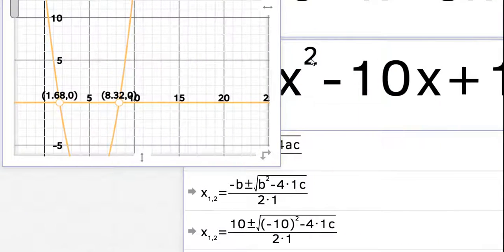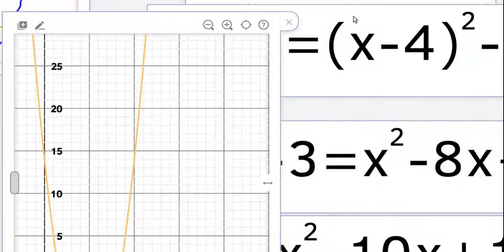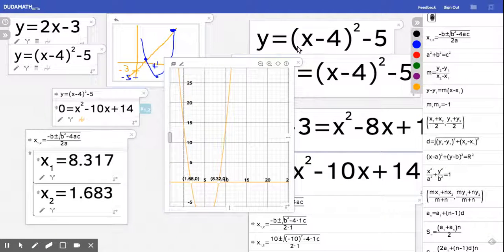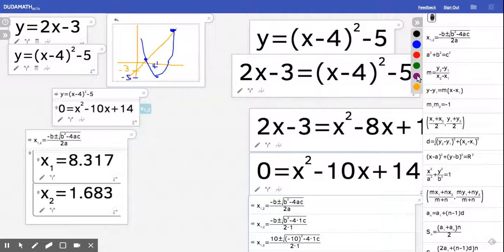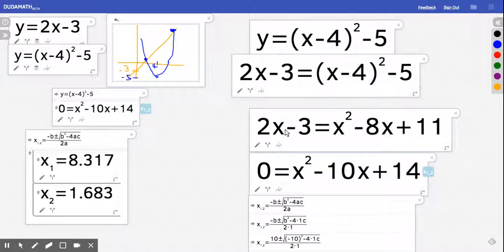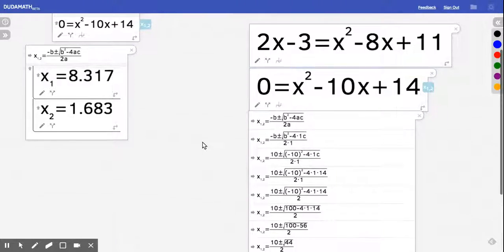What I'm going to do now is come over, as a last step, and summarize things so that you can see all of the algebraic steps here. So first thing we did, folks, is